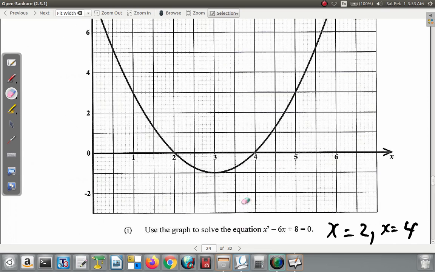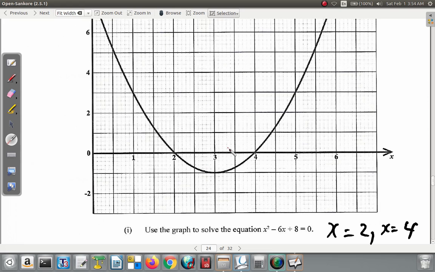And the reason, of course, is because you have the expression equal to 0. This would normally be y. Y equals this, and y is 0 where the x-axis is. So the x-axis, this line, is the graph y equals 0. And the curve x squared minus 6x plus 8 meets y equals 0 on the x-axis and cuts it at these 2 points, 2 and 4. So x is equal to 2 and x is also equal to 4. Alright,